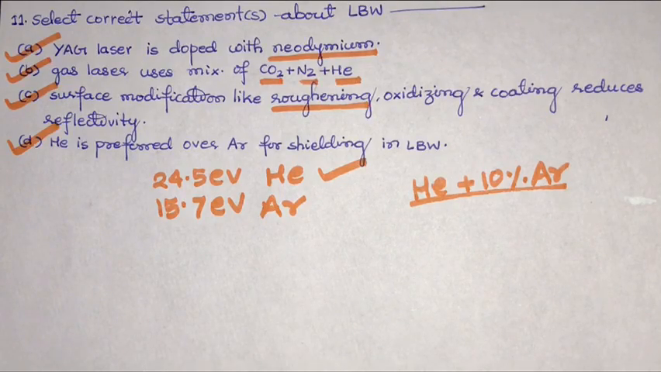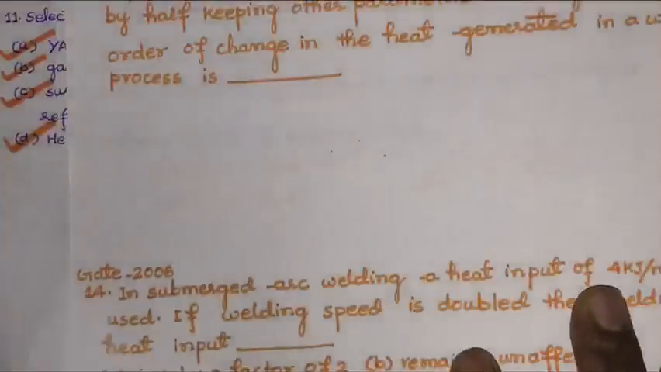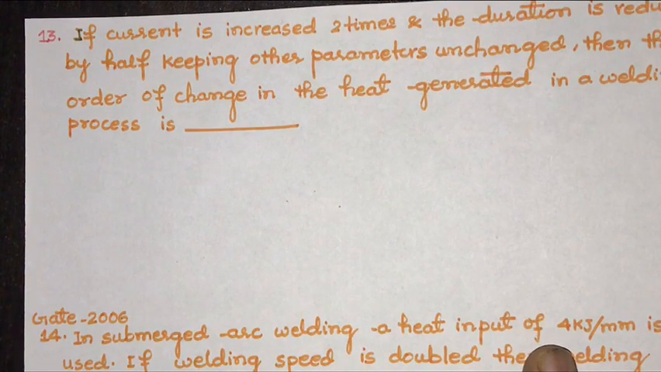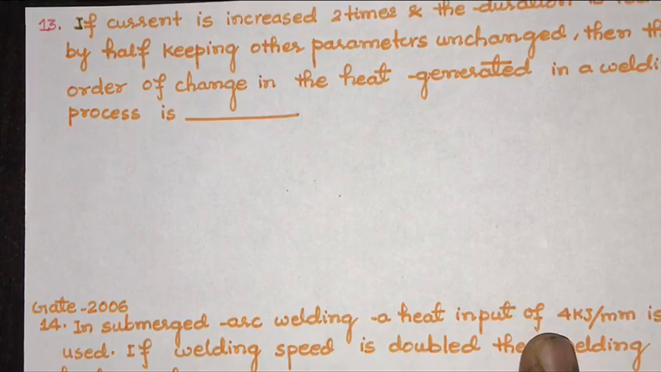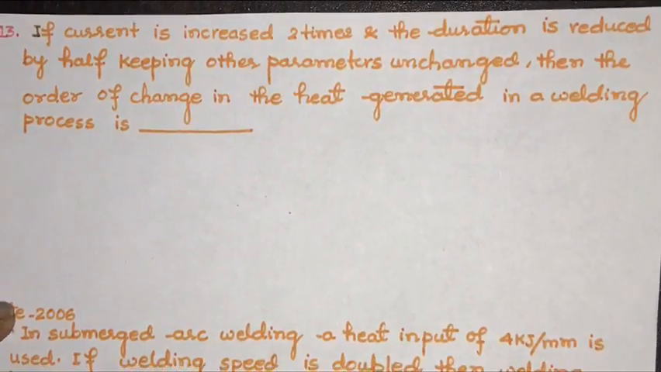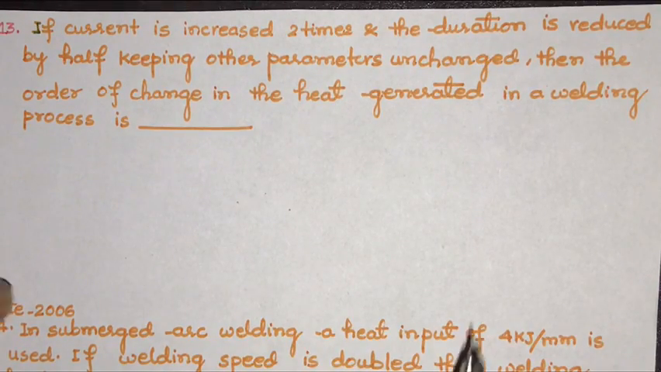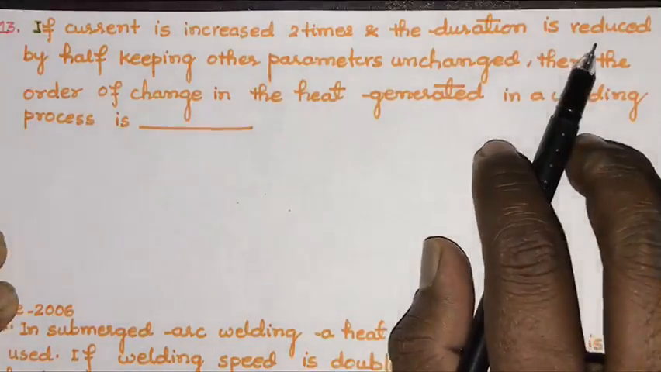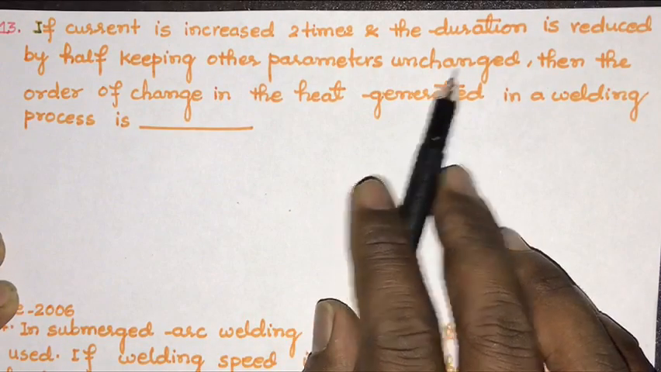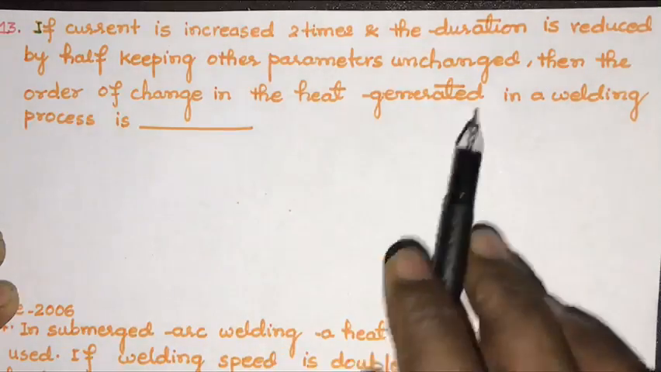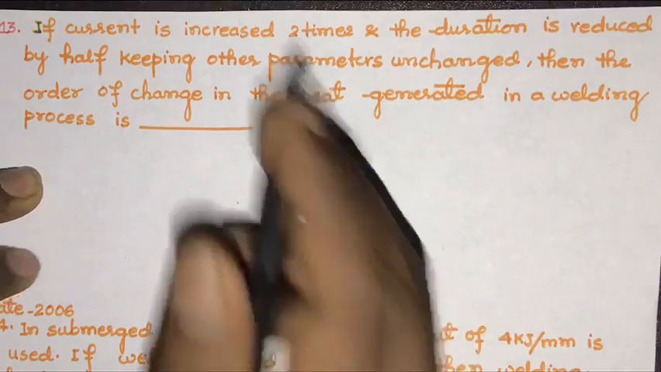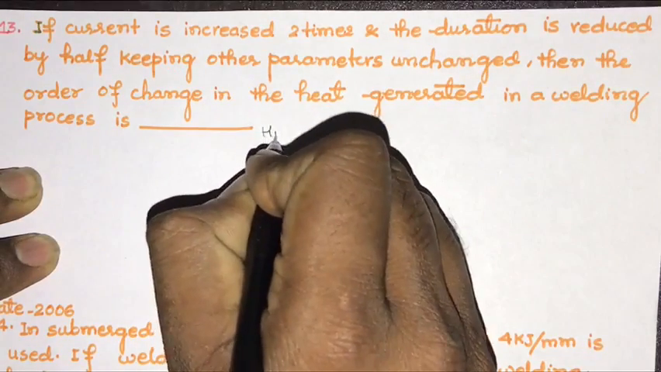So coming to the next problem here. Let's see what the problem is. If the current is increased 2 times and the duration is reduced by half, keeping other parameters unchanged, then what is the order of change in the heat generated in a welding process, H? Okay, so we know that the heat generated in the welding process is given by